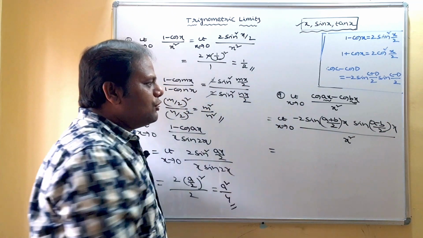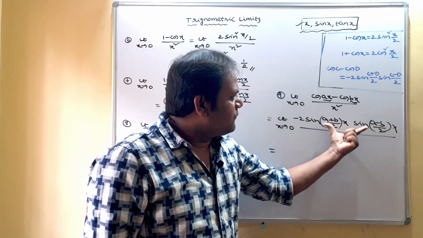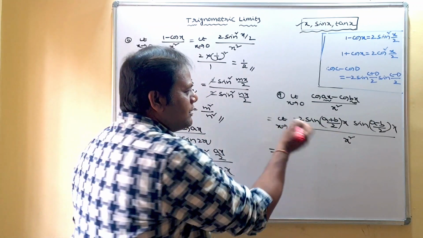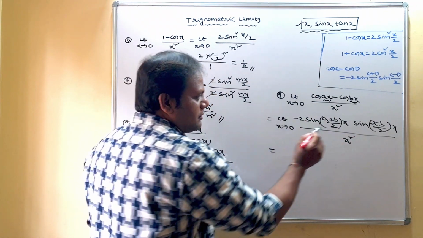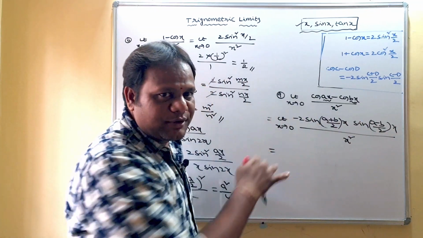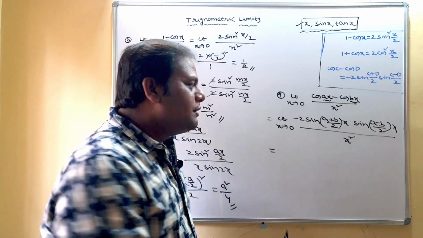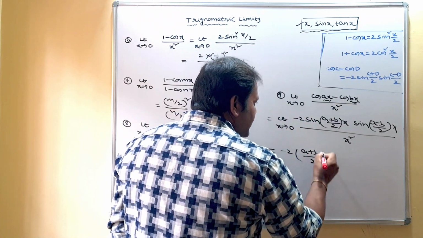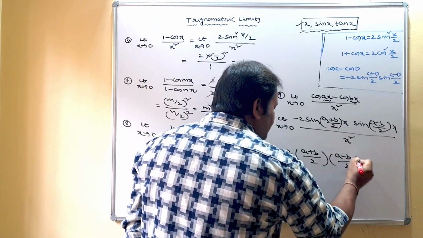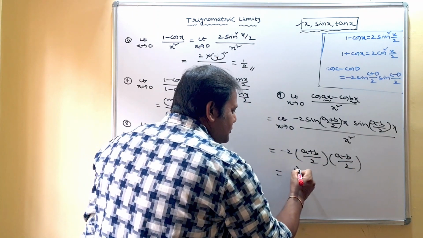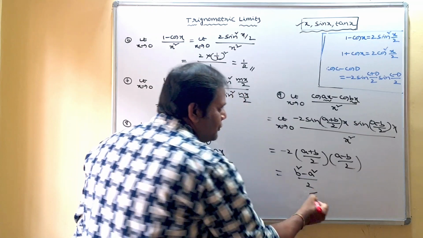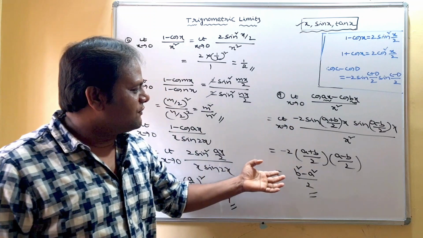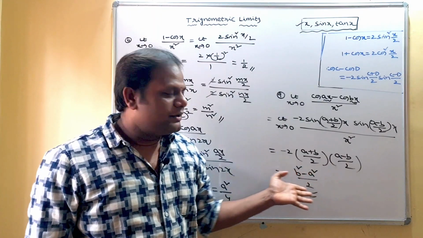So now see here, a product of sin functions. So not a problem. We can apply the shortcut rule. So here you see how many x are there in numerator? 1, 2, 2x. Denominator x square, so 2x. You can apply the logic. It is minus 2 into (a plus b) by 2 into (a minus b) by 2. So what is the answer to this? (b square minus a square) by 2. So limit x tends to 0, (cos ax minus cos bx) by x square is (b square minus a square) by 2.